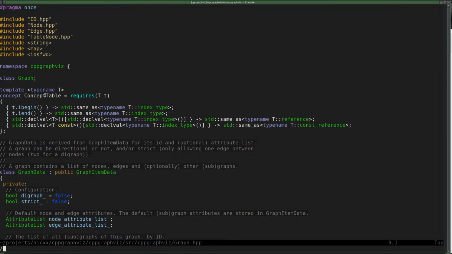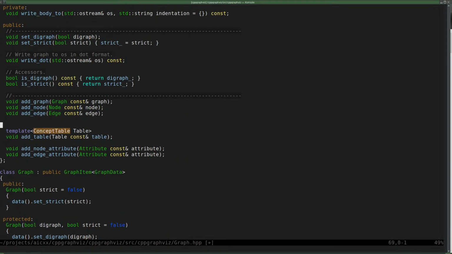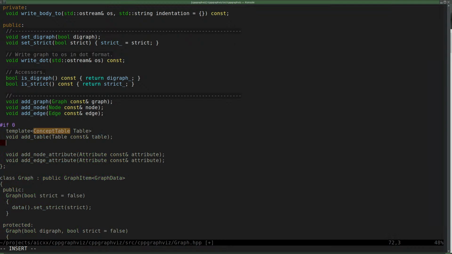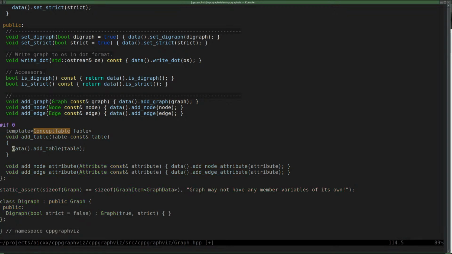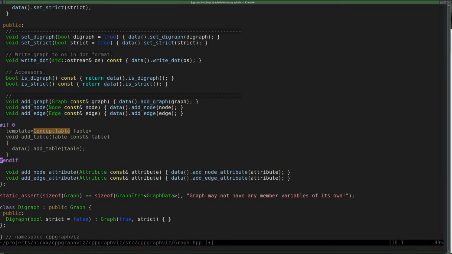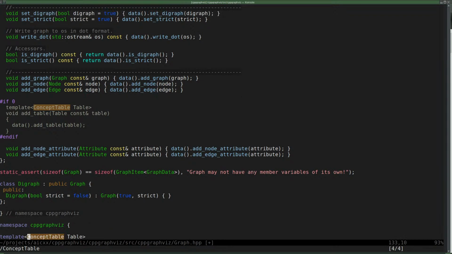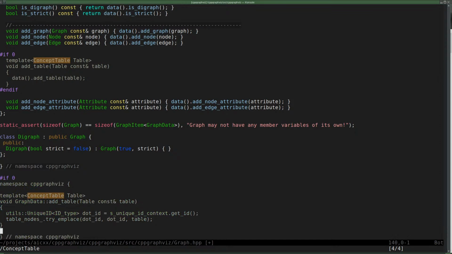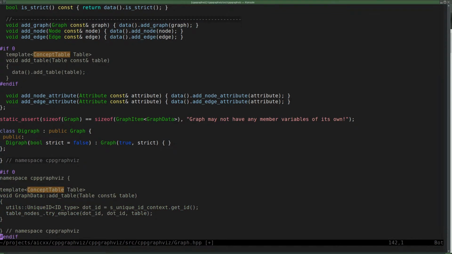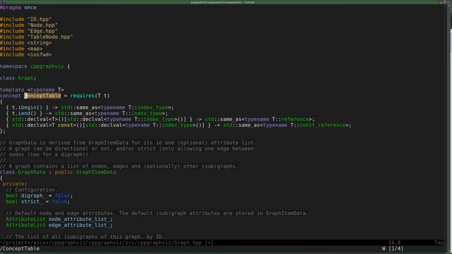I think I'll start with deleting this from graph because it's just confusing. I have to rewrite that part. No more add table here. Or here. Or here. Which then means that we can delete this